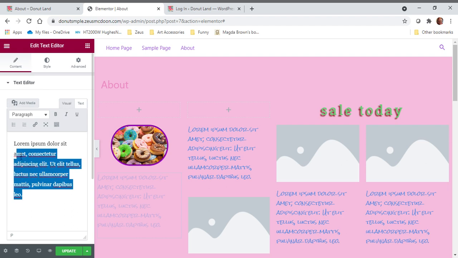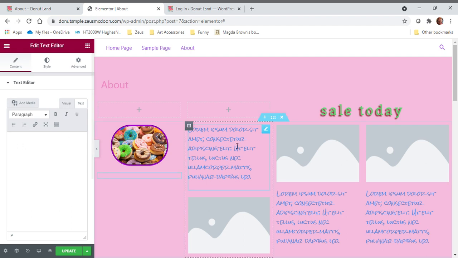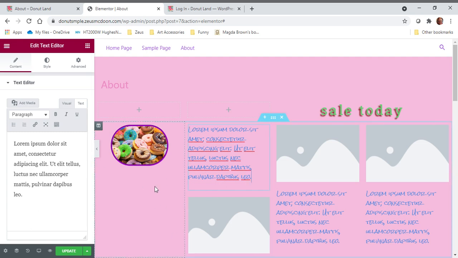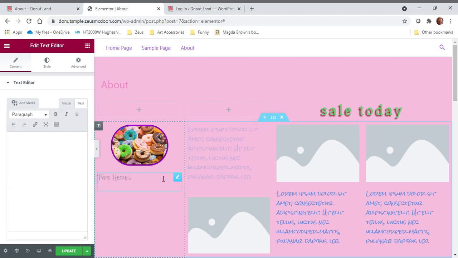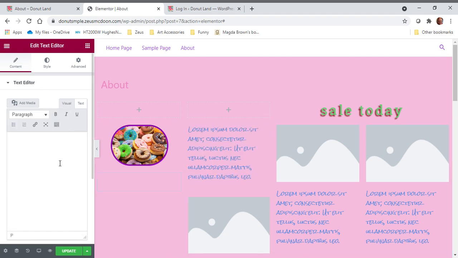So this is just some space saver to let you know there's something in there, because otherwise you wouldn't know. If you're over here, there's no line, anything, but you'll see I get that pencil. I just click on that, and